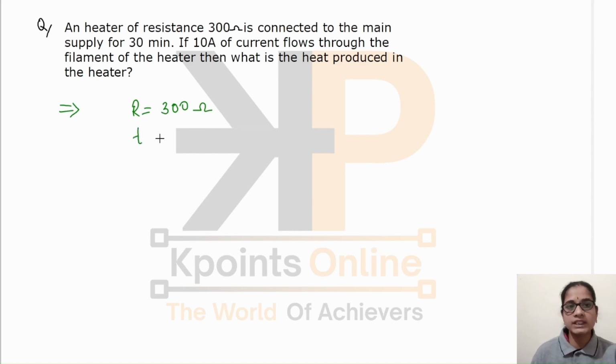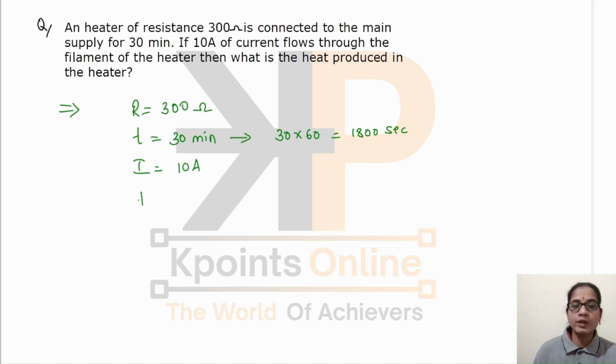And the time for which the current is supplied is 30 minutes. If you convert it into seconds, we get 30 into 60 is equal to 1800 seconds. Then current I is equal to 10 ampere. We have to find out the amount of heat produced. We know that from Joule's law of heating, H is equal to I square RT. So substituting the values, we get 10 square into 300 into time,